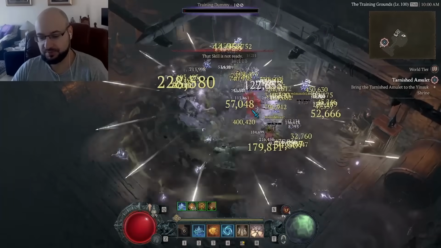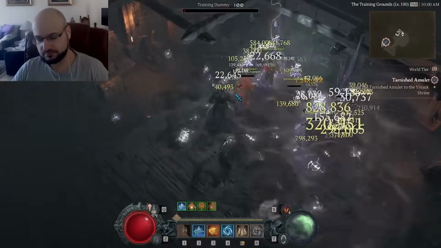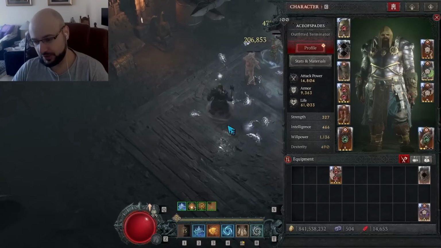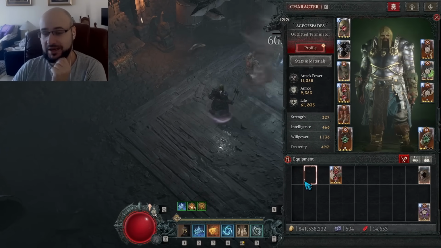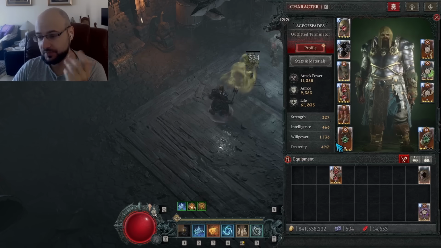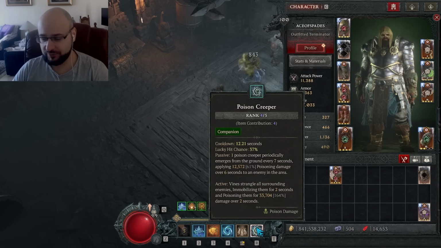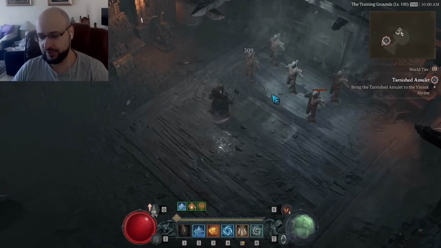I can pretty much keep my uptime of Petrify. Really cool stuff. So I'll have to think about whether I want to do a distant build or a close build. Close build would be with Poison Creeper. I have to see if Subterranean, so this,